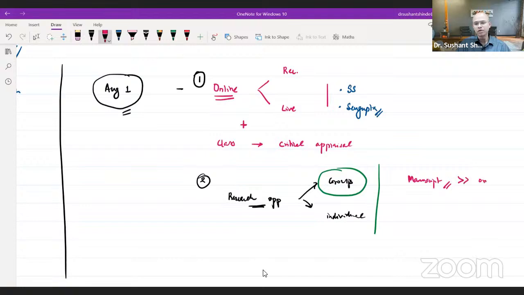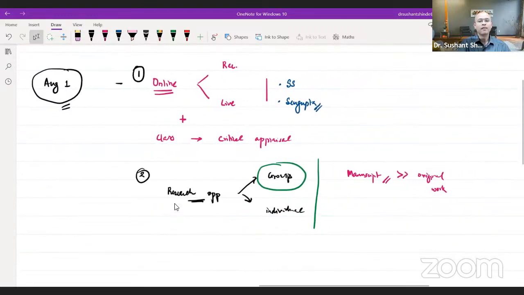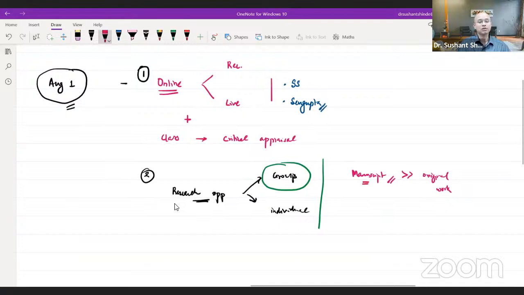Some of this might be original work. Original work is difficult to do. And again, I sit in the private sector. A lot of doctors who can give you opportunities are in the private sector. So original work becomes a little tricky because of the ethics part and the rest of it. But manuscript writing is definitely possible and can give you a good edge when you begin. So with that, I'm going to end what I wanted to say.